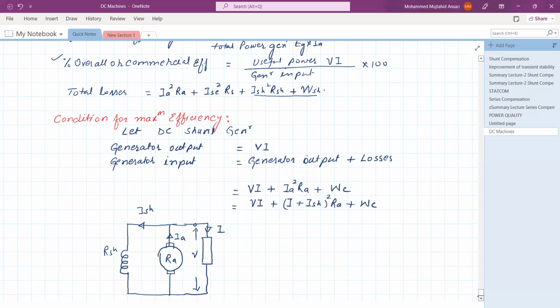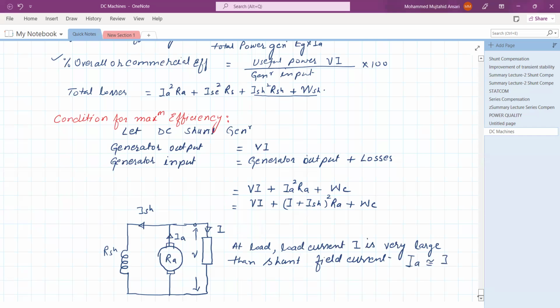At full load, the load current I is very large compared to the shunt field current. For example, if the load is 100 ampere, the shunt field current is only 2.5 ampere. So we can neglect it, and we say that the armature current IA is very nearly equal to I. So under such a condition,